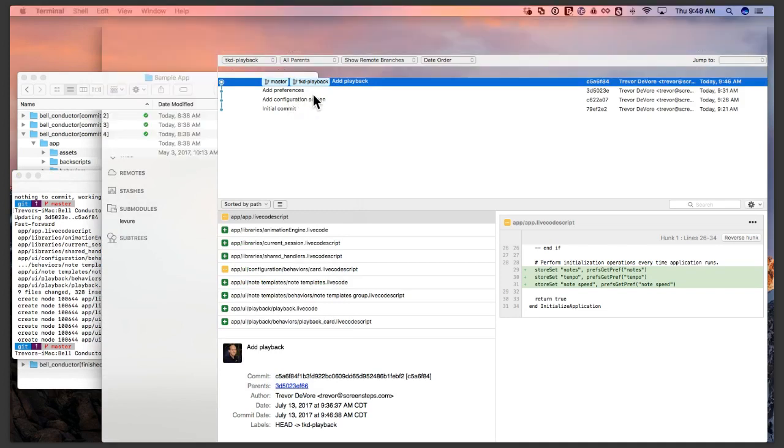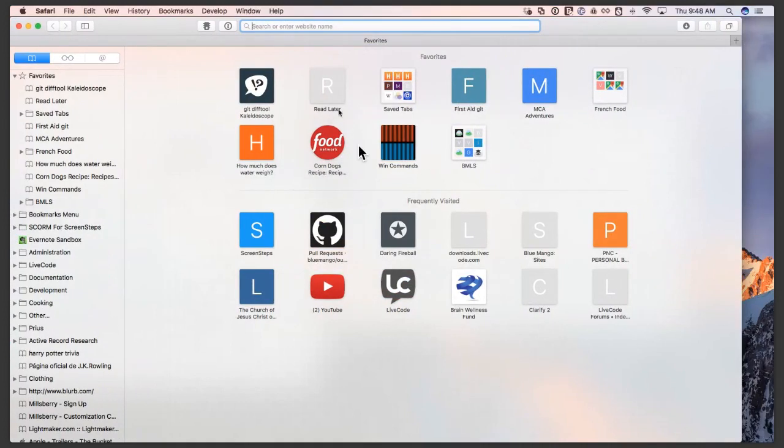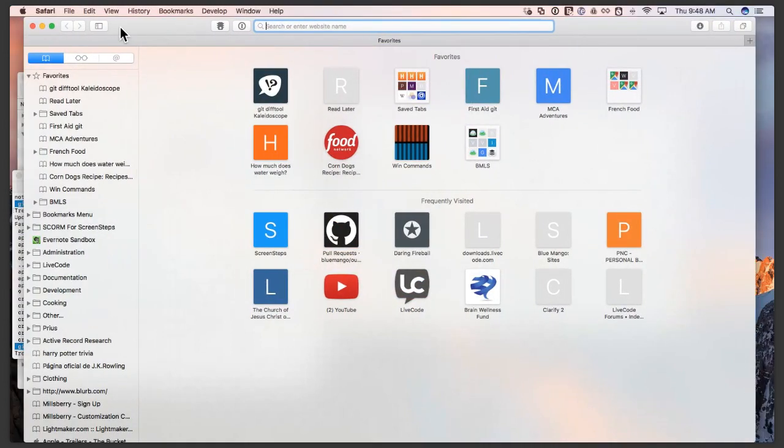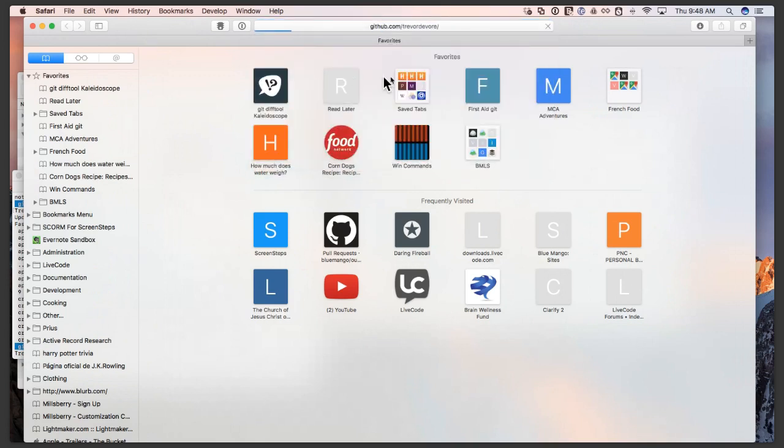All right. Okay, time's getting short, so we're going to move right along so we can get to questions. I'm just going to show you quickly what you do for GitHub. So I'm going to go to my GitHub account, and I'm going to create